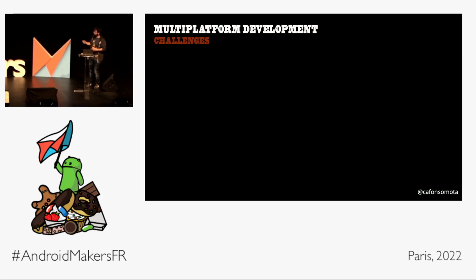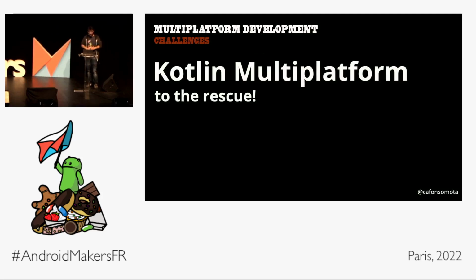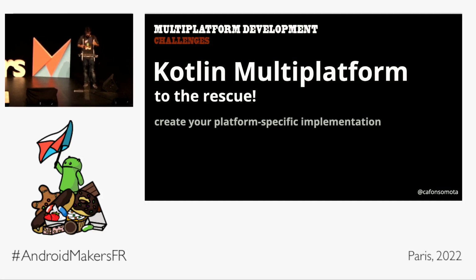So you need to give this support for the desktop. So Kotlin Multiplatform to the rescue, and we're going to give this support. And it's quite easy to give it after your first attempt. You need to create your platform-specific implementation. There are a lot of libraries that currently support Android and desktop.